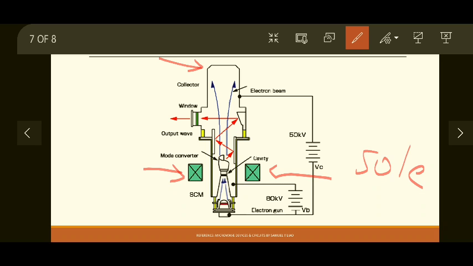Okay, input is given here in this waveguide cavity. This is the cavity as you can see here. So in the waveguide cavity we are giving input. Once input is given, it will move in this direction and output is taken outwards towards here. So input and output both can be present for an amplifier, only output will be present in case of an oscillator. Okay, external DC supply is also given, similar to all the other types of tubes. The collector is here, which will collect the electron beam.